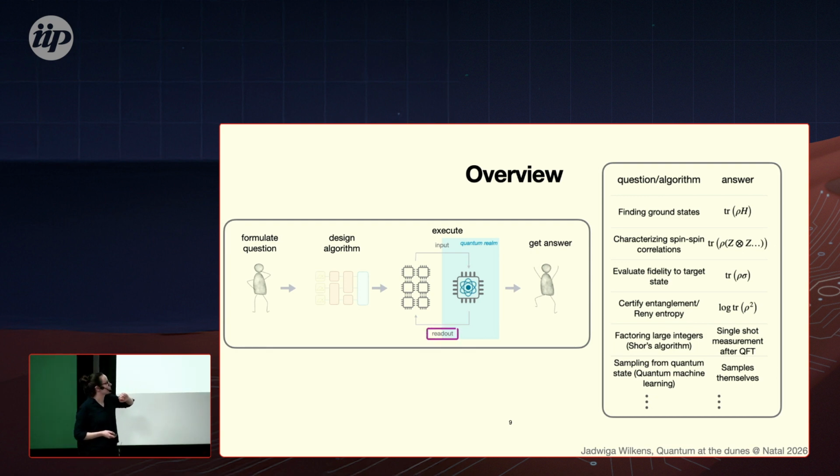So this lecture will be about the readout stage, because in the execution phase, you first need to encode classical information into the quantum system. And then after we run our algorithm, we need to extract that information from our quantum system. So we need to bridge the quantum realm with the classical human-readable world. And classical shadows is a great tool to tackle this readout problem.